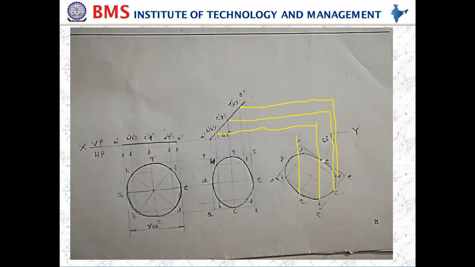Similarly, E dash. From E dash you draw a horizontal line like this, so both intersect at this point. Erase this extra line. Next, you need to draw from F dash, and D dash will come on the same line, so end at this point only. Then G dash and C dash come on the same line, so G and G dash will intersect at this point only. H and B dash will come on the same line, so this will come here only.